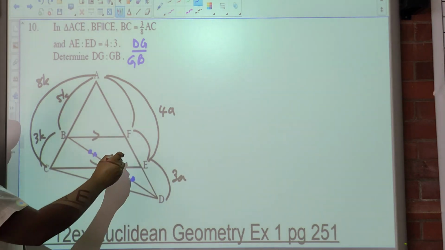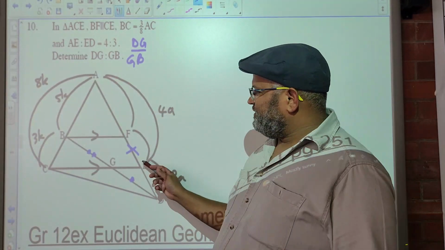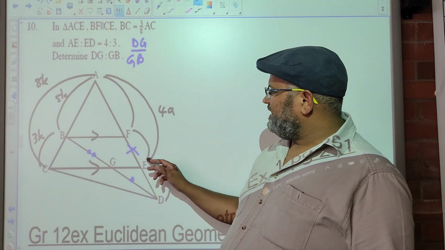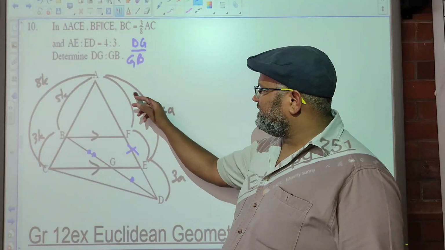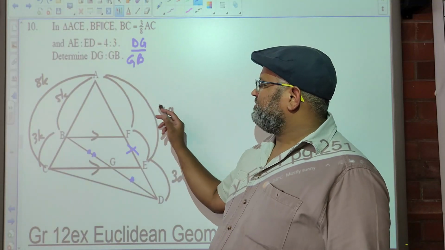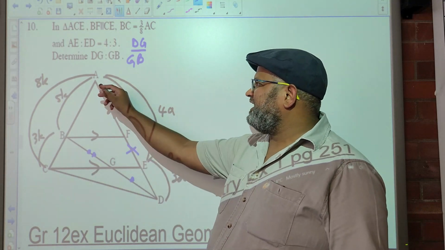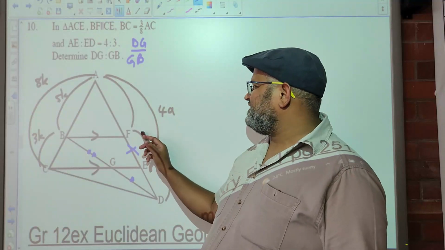So now I must look at a ratio dealing with FE. But we know that FE over EA. Why am I going with the bigger one, with the whole length? Because I got 4A here. Although EF over FA is equal to CB over BA, there's nothing I can do with that because I got